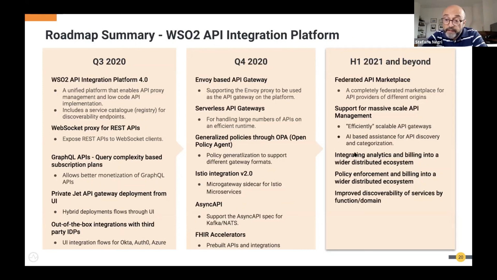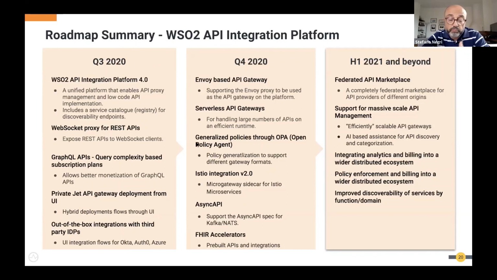Regarding analytics and billing, we are moving in the direction to integrate more and more third-party analytics and business components. And as I said before, we now support Stripe out-of-the-box billing. We will support more, and the same goes for quality enforcement, where we will continue this effort.